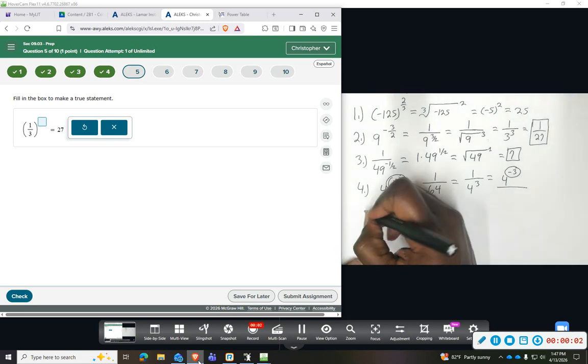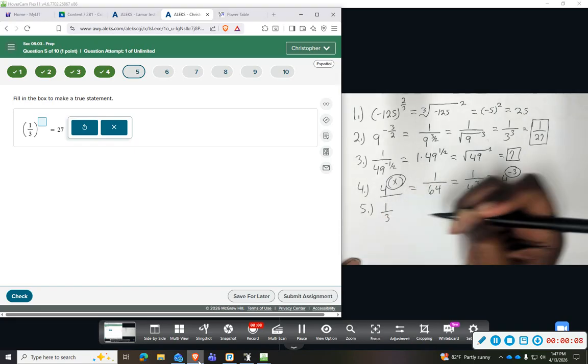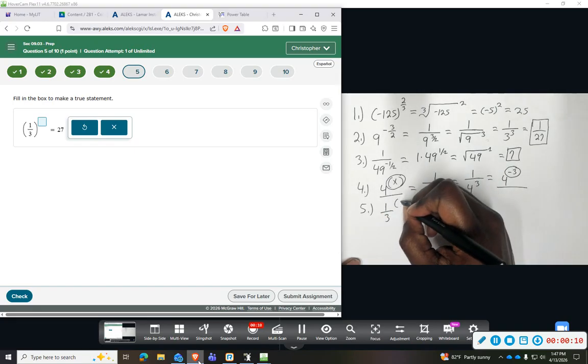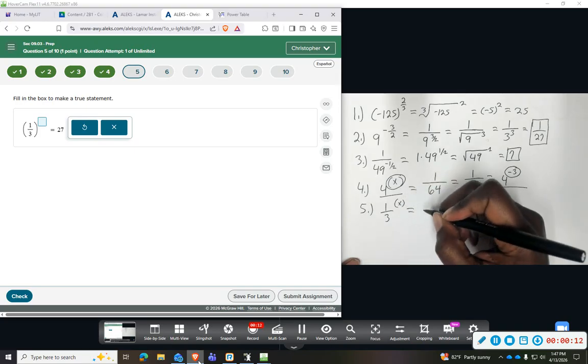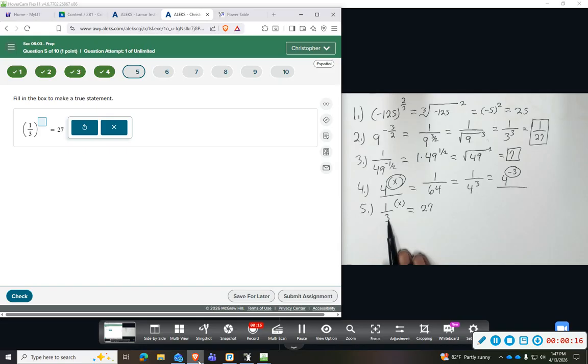Number 5, 1 over 3 raised to some power, let's call it x, is equal to 27. Again, whatever the base number is, I want to see if I can rewrite the other term with that same